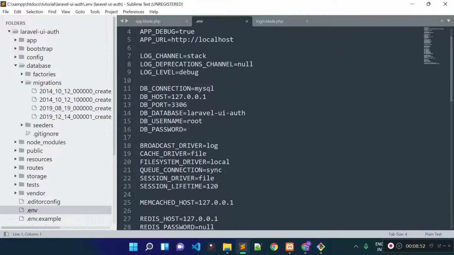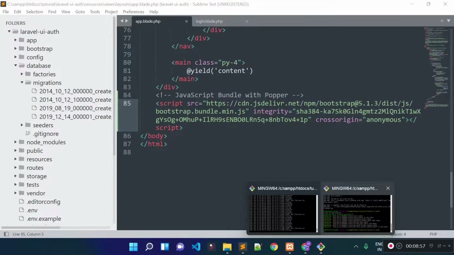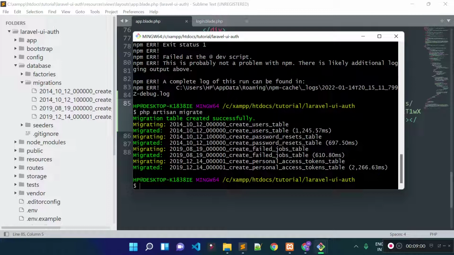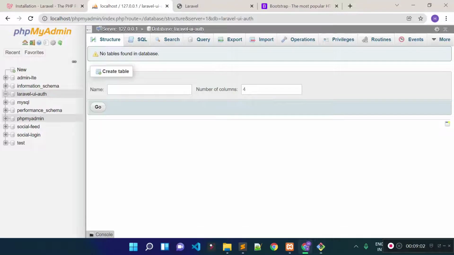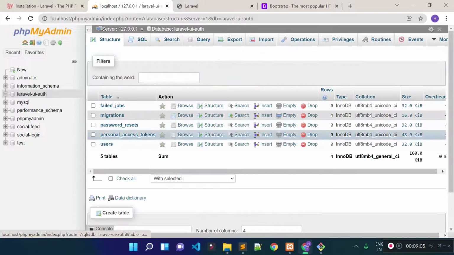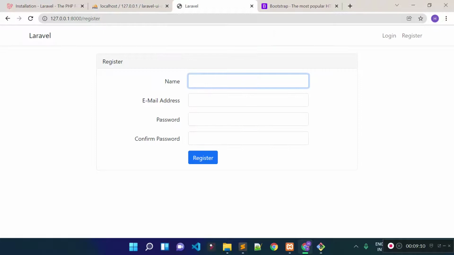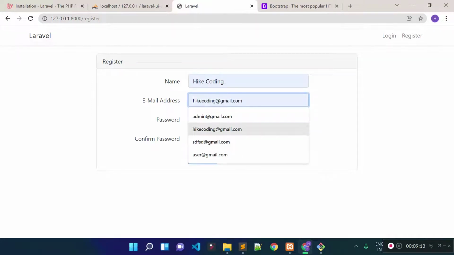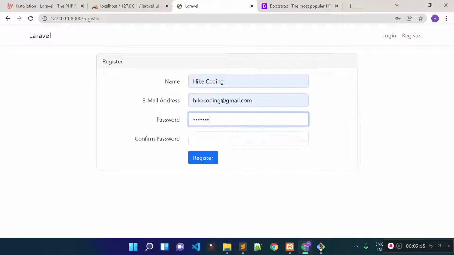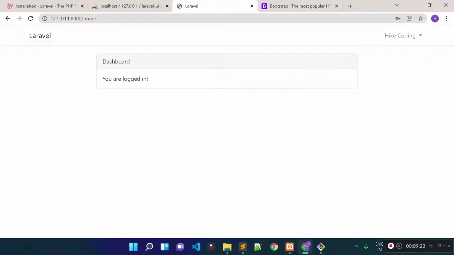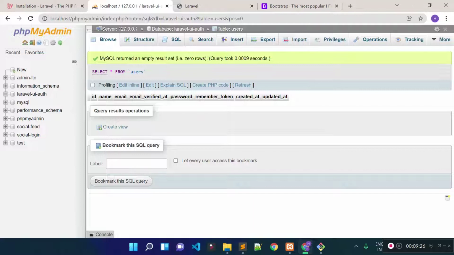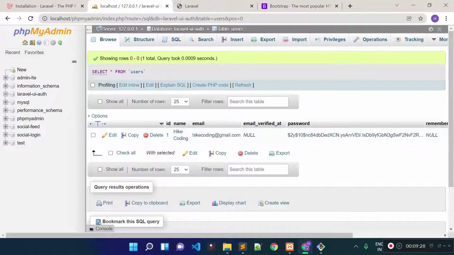You see I already provided database credentials in our .env file. So let's check. Yeah, all the migration files ran successfully. So let's check our database now. You see we have a users table. Now we can register a user. So let's try to register a user. Registration successful. Now if I check our users table, you see we have a new record inside our users